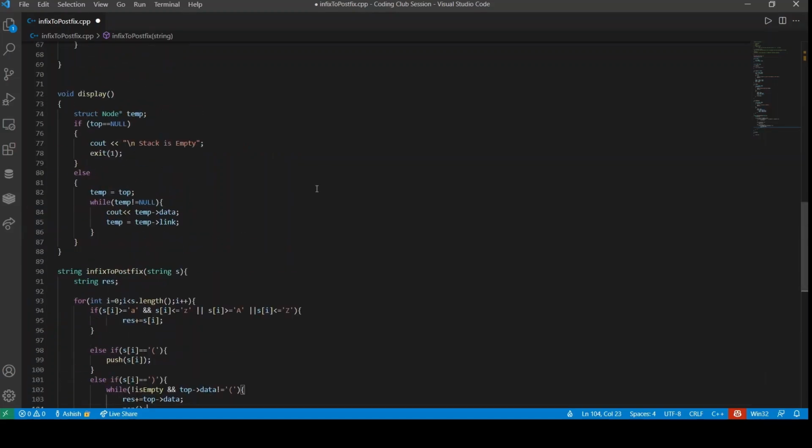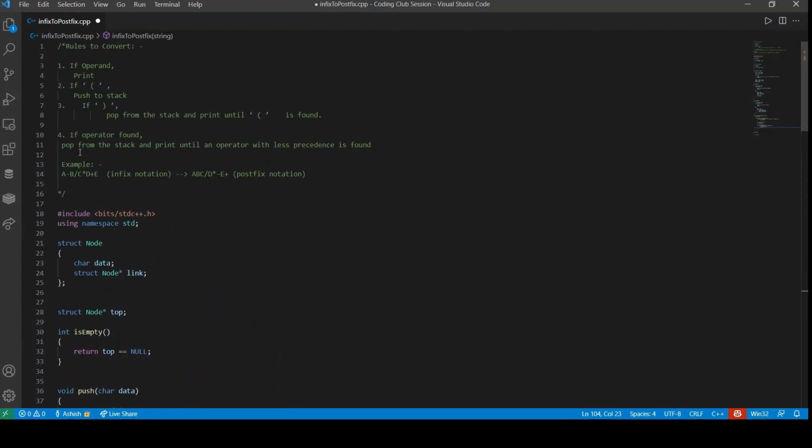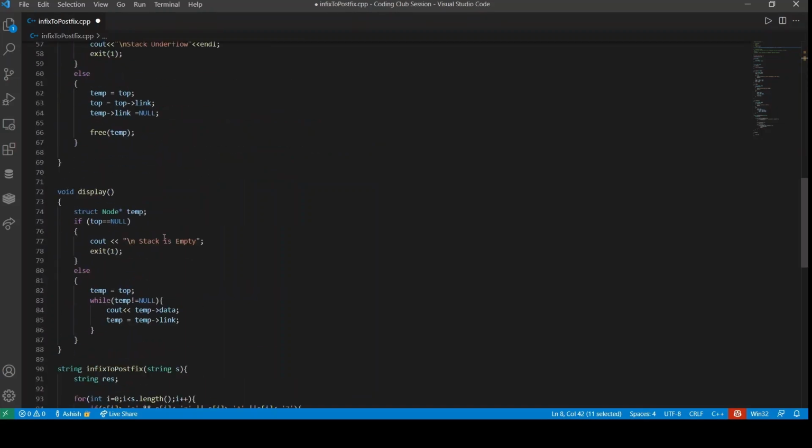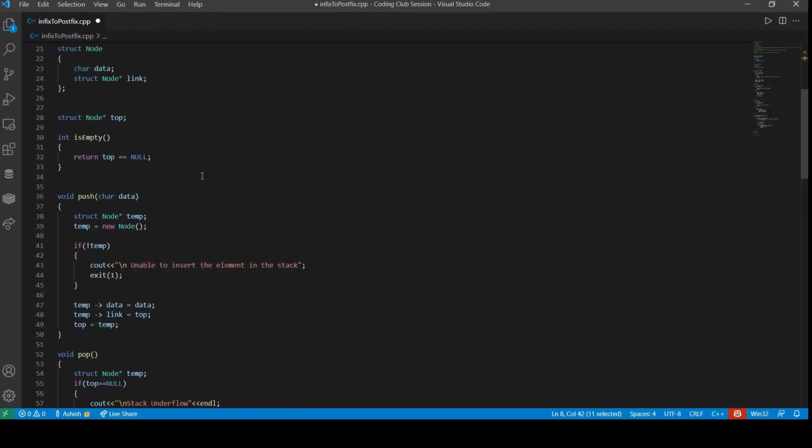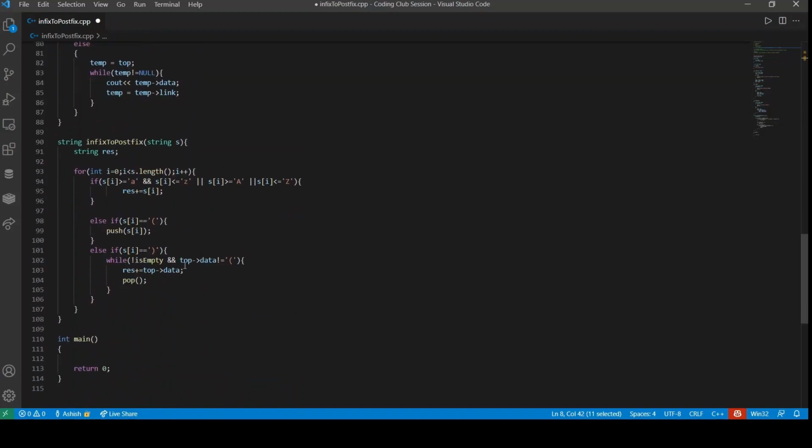So what we are simply doing is, until we get the opening bracket, we'll pop from the stack and print it. If it is a closing bracket, until we get an opening bracket or the stack is empty, we append to the result and pop it out.